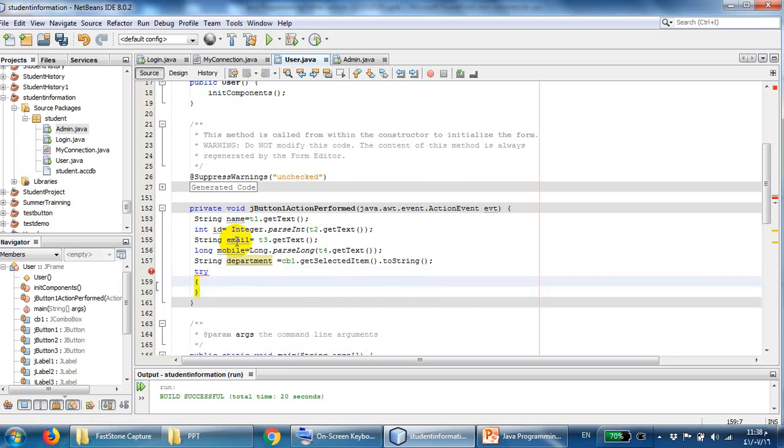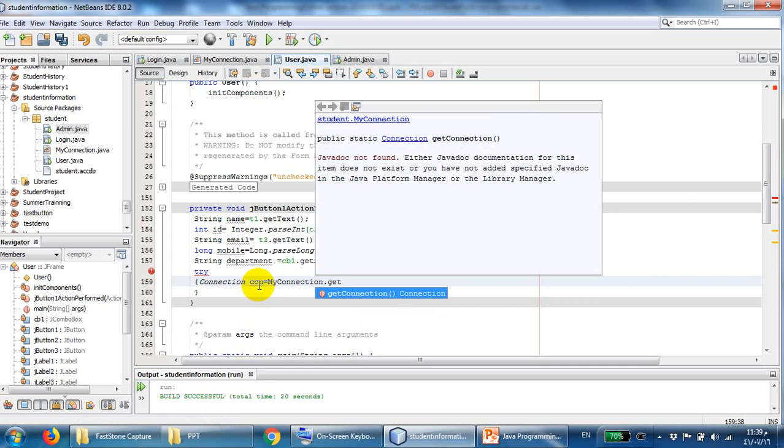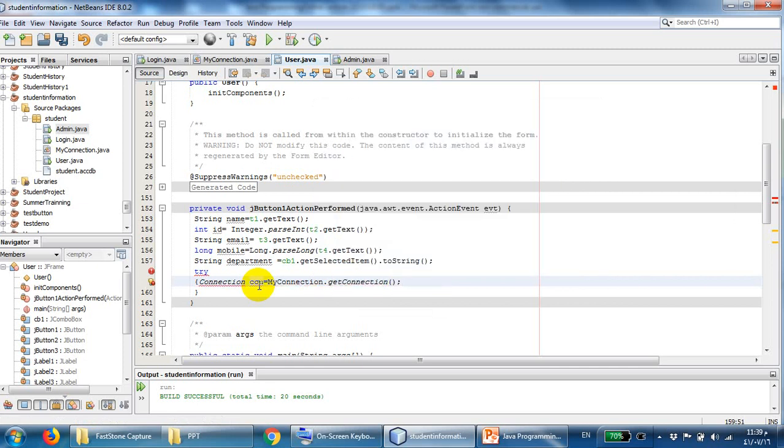Okay, try block, write down connection, connection con equals to MyConnection dot getConnection. See here,